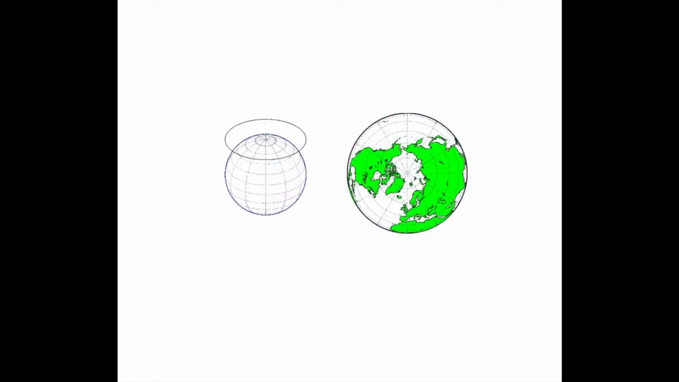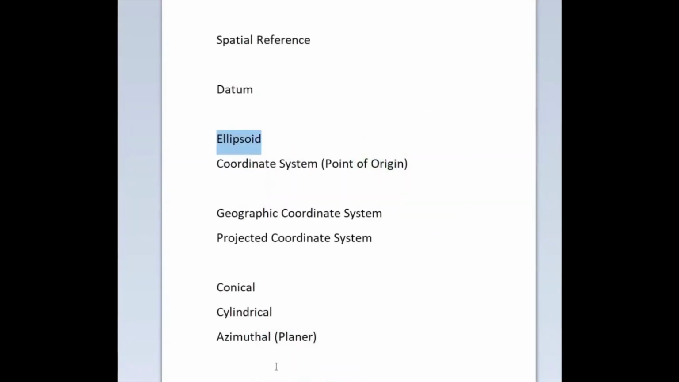Okay, so those are the three families there: conical, cylindrical, and azimuthal. Conical and cylindrical are more common, but you possibly could see some azimuthal stuff in other classes. Okay, so now we're going to move on to another concept here,